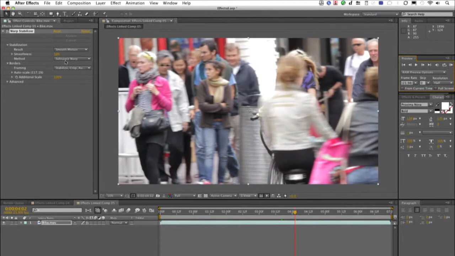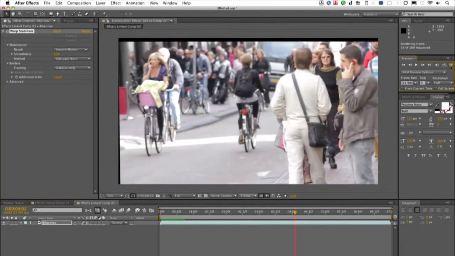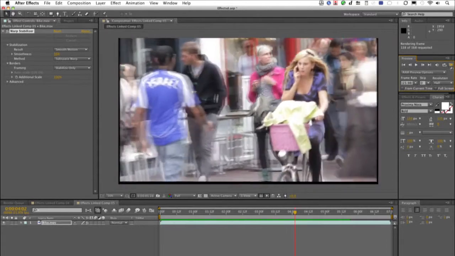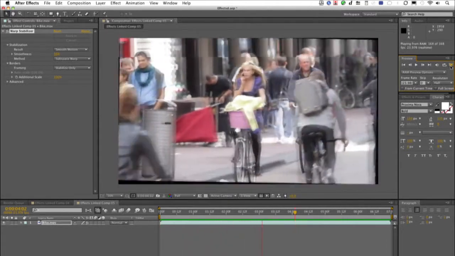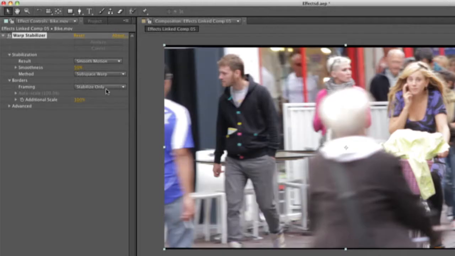Again, let's change this to Stabilize Only, and you could really see just how much work is being done there. A lot of movement. So there's a lot of compensation intelligently, and notice I didn't have to pick any reference points or control points to do this. We'll switch that back,